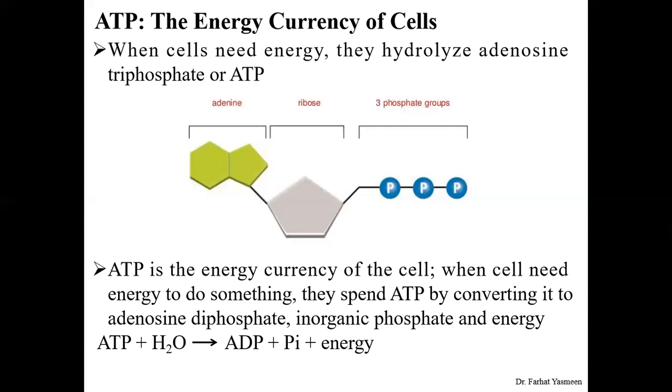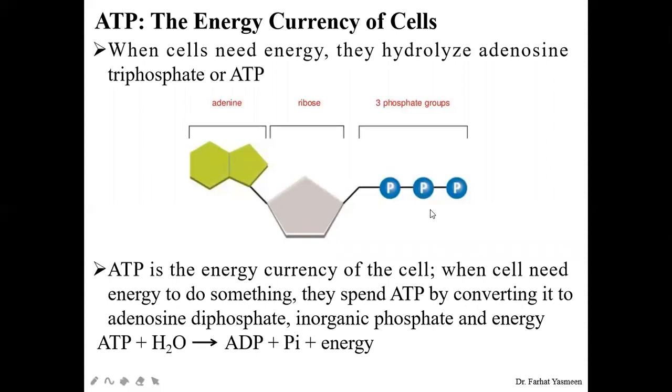Whenever the terminal phosphate bond breaks, that releases the energy which is available for the use of plants. ATP is the energy currency of the cell. When the cell needs energy to do something, it spends ATP. How does it spend ATP? It breaks that terminal bond and removes the terminal phosphate group, and as a result